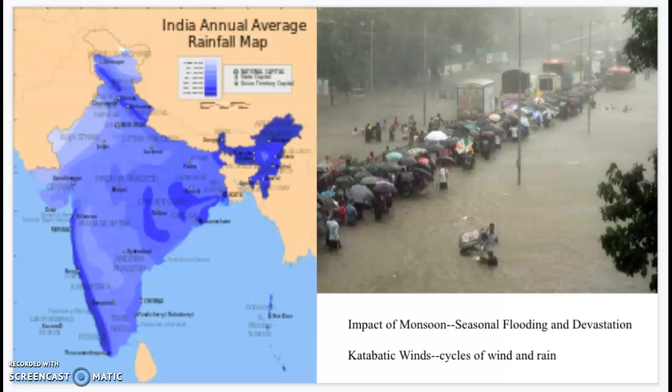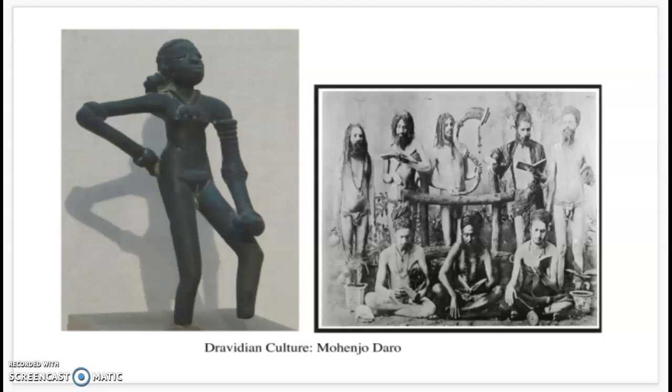Now, the earliest form of civilization was the Dravidian culture of Mohenjo-Daro. And Mohenjo-Daro was a river valley civilization that emerges in the area in Pakistan around the Indus River during the Neolithic period, so about 3,300 BCE to about 1500 BCE. And as you can see here, the Harappan River civilization involves